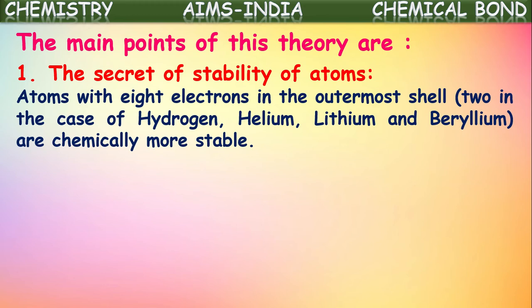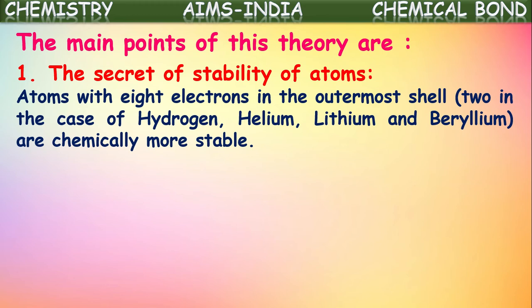Hence, all those elements which are having this octet configuration are considered as noble gases or inert gases. Because for all of these, there are 8 electrons in the outermost shell and they are not participating in any chemical reactions. They are being idle. So they are called inert elements. And one more exception is there here. One more element is present with only 2 electrons in its outermost shell, and that is also being as stable as these noble gases. That is helium. That configuration is called as duplet configuration.